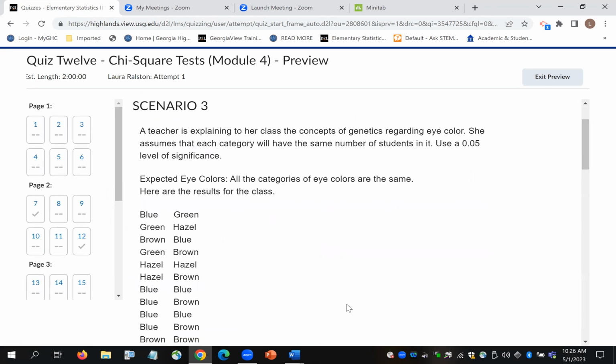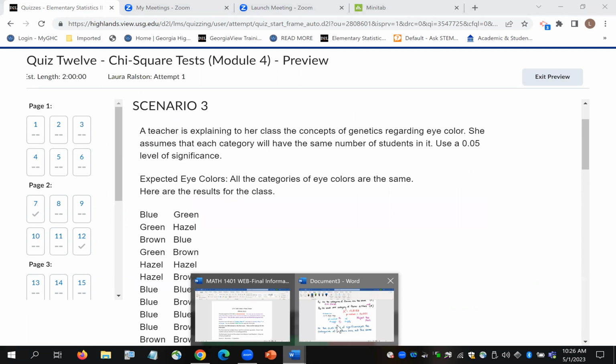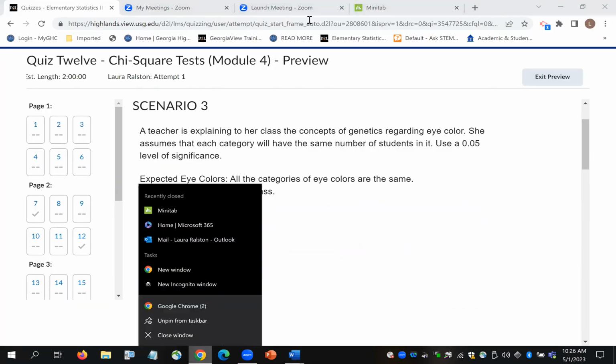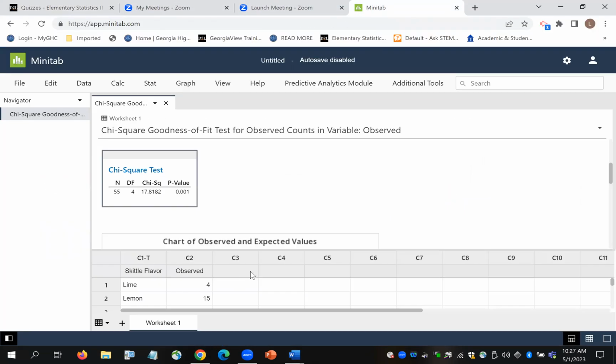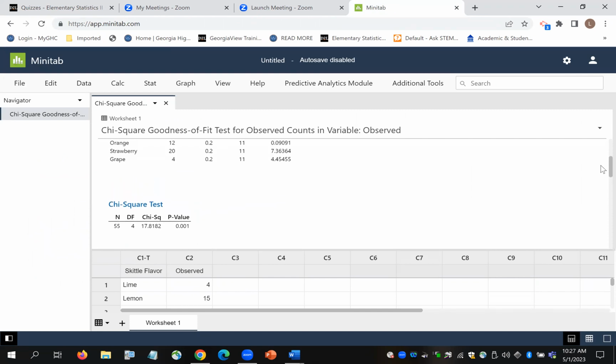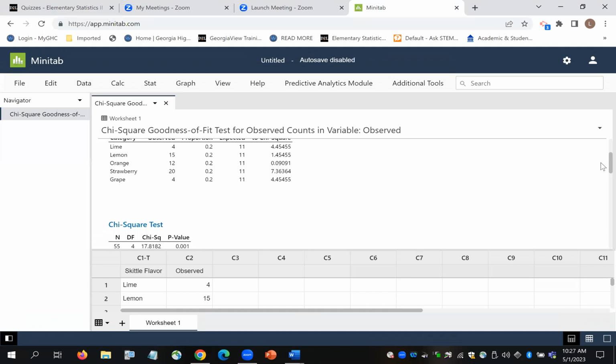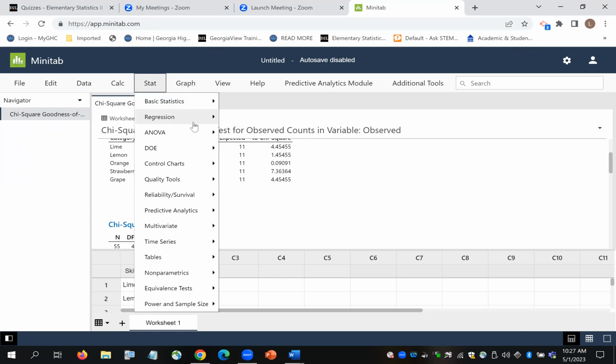On Minitab, for the expected, what if we put 11 on all 5 of them? We still get the same results? No, because if you put 11 in there and use the command